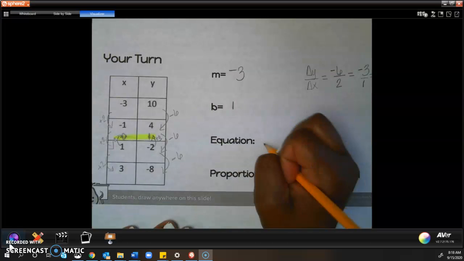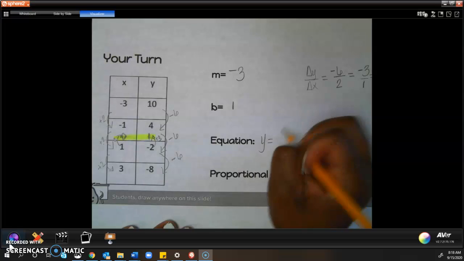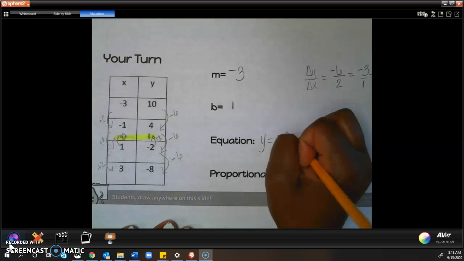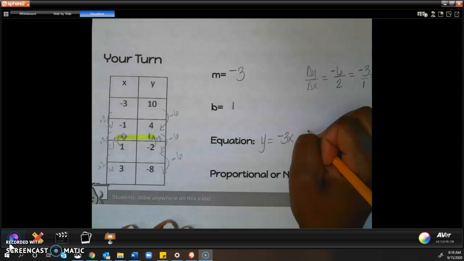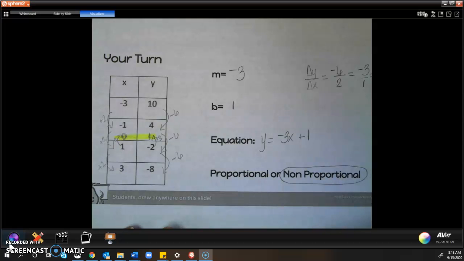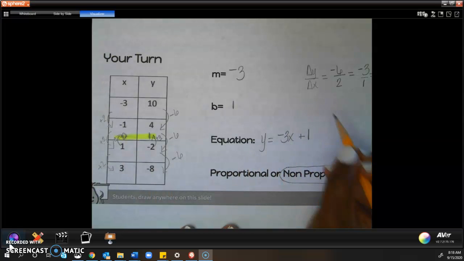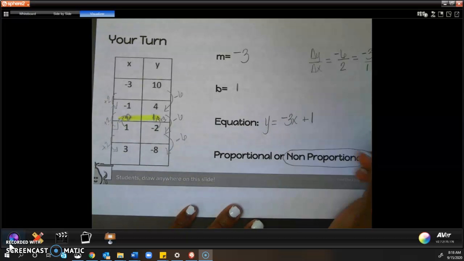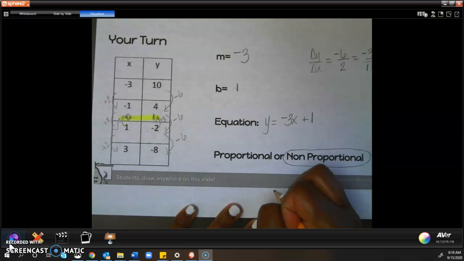So my equation will be y equals -3x plus 1, which makes this non-proportional. And one more way that you can check to make sure your y-intercept is correct and your equation is correct, you can substitute a value from your table in. So just as a quick example, my equation is y equals -3x